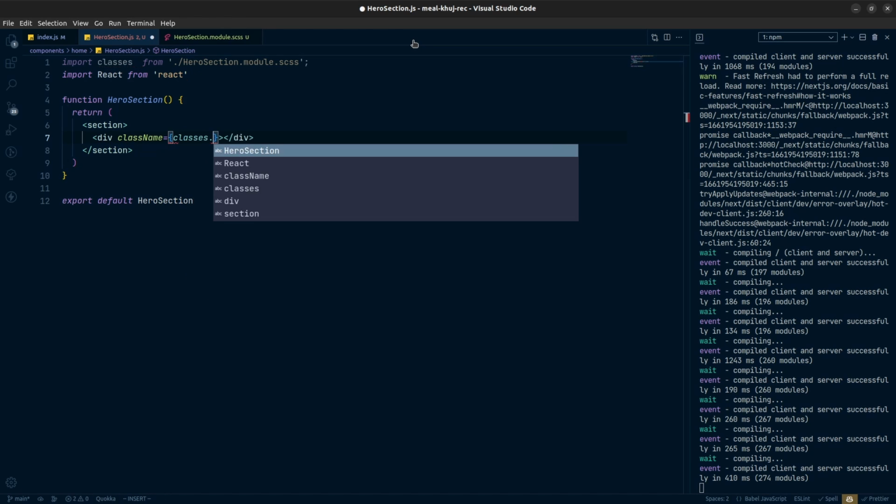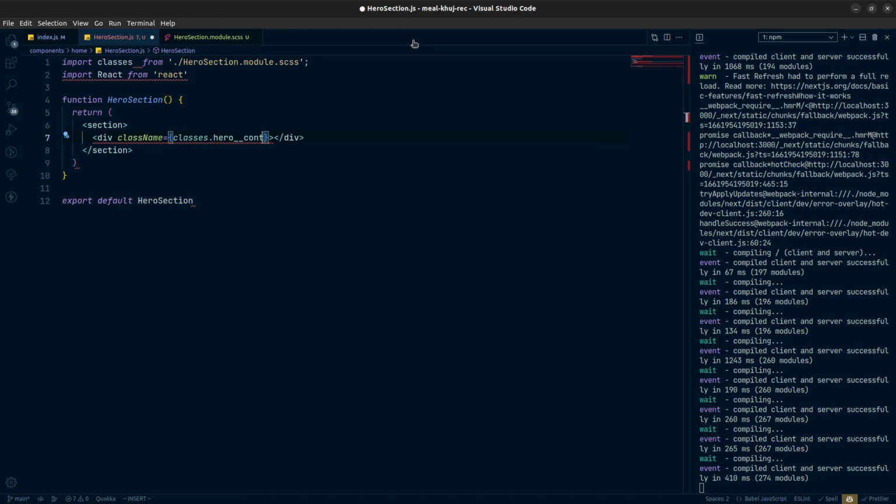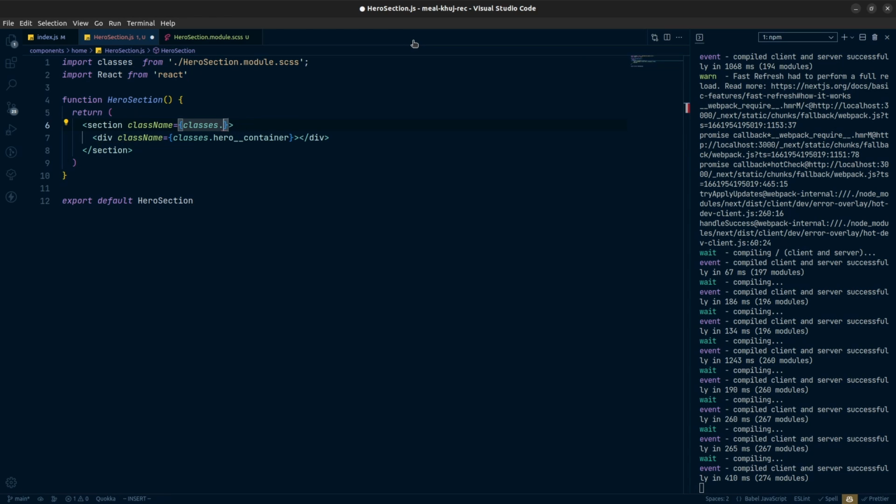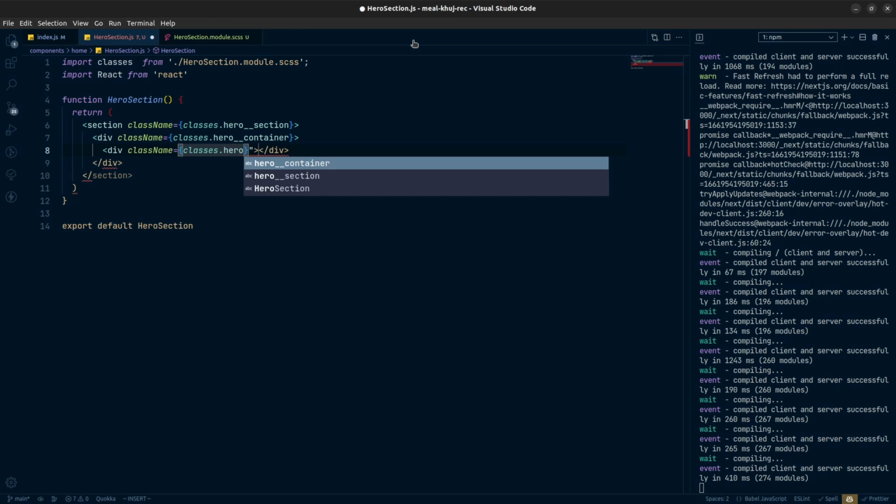So classes dot heroContainer, and also we'll have a class here in our section. So classes dot heroSection, and here inside the div we will have our info first. So let's get a div with a class of heroInfo,